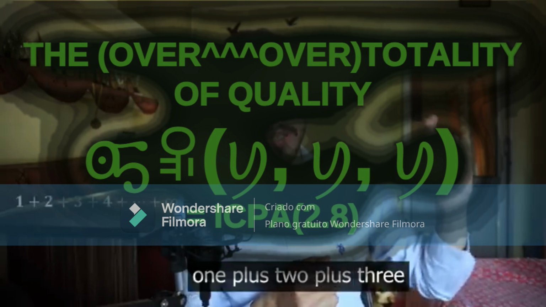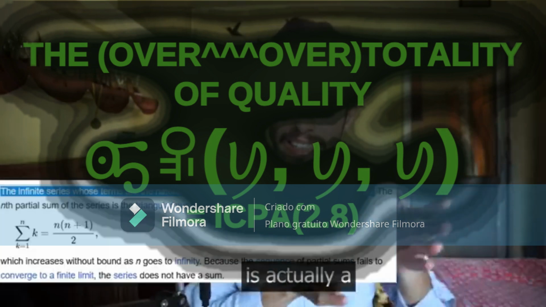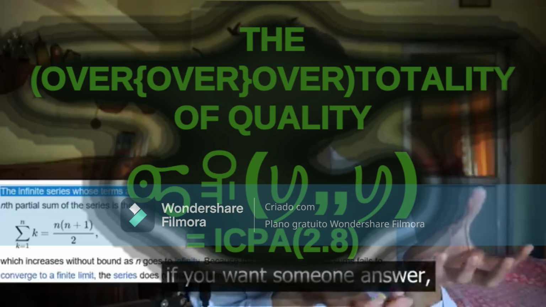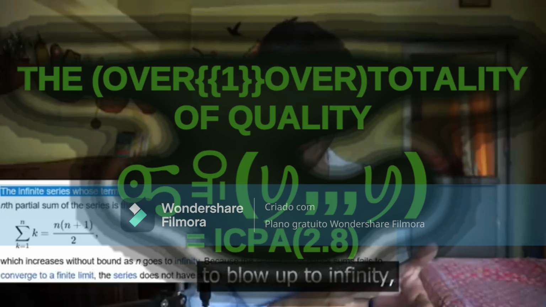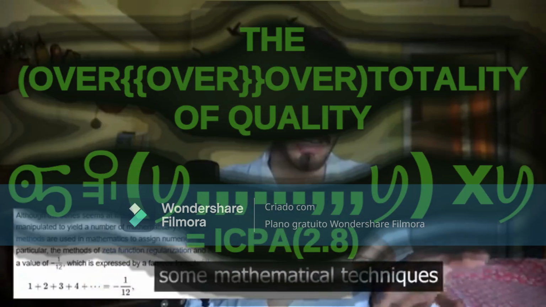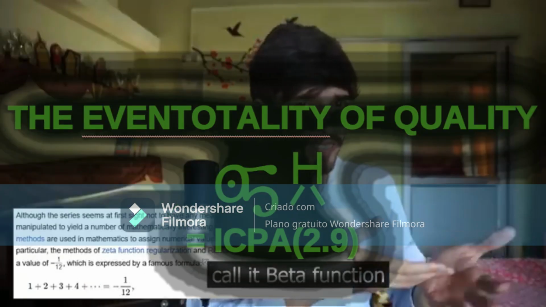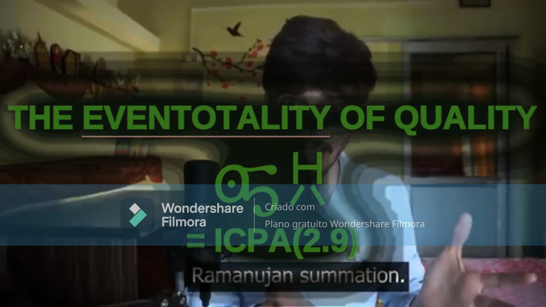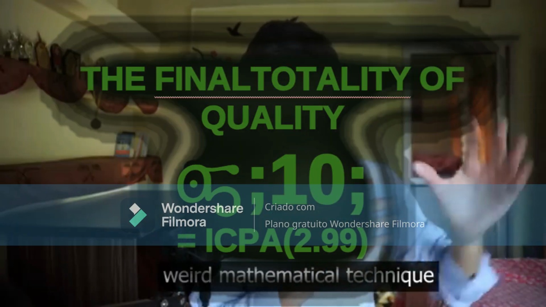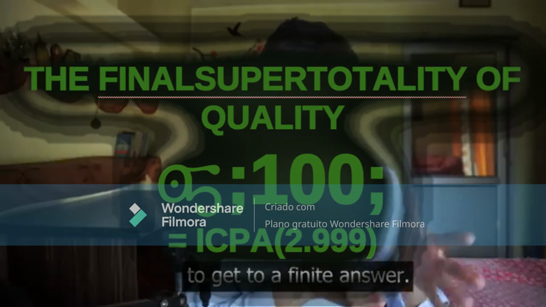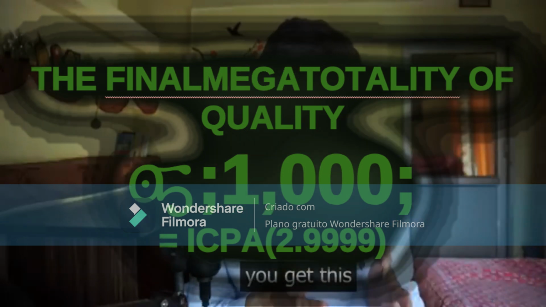See, this series 1 plus 2 plus 3 and so on till infinity is actually a divergent series. But in some places, if you want some answer, if you don't want this series to blow up to infinity, then you can use some mathematical techniques to handle this infinity in some intelligent way. Call it beta function regularization, call it Ramanujan summation, but it's some weird mathematical technique which helps us handle this infinity in some intelligent way to get to a finite answer. And if we do this one specific way, you get this negative 1 by 12. This specific sum is